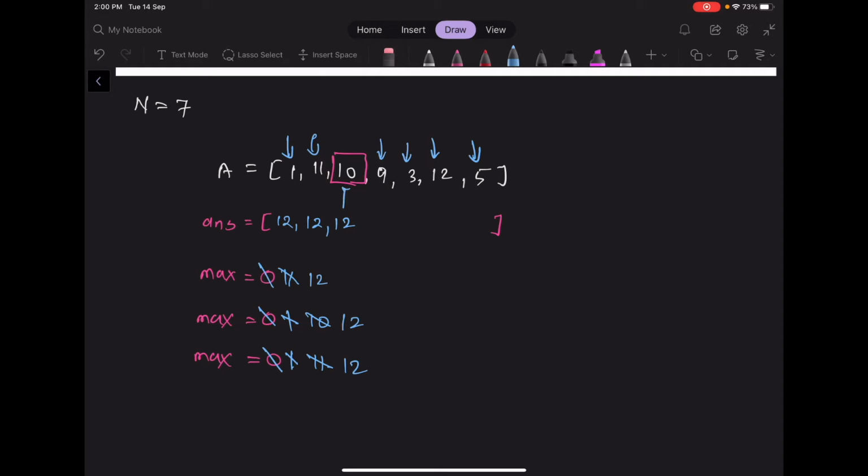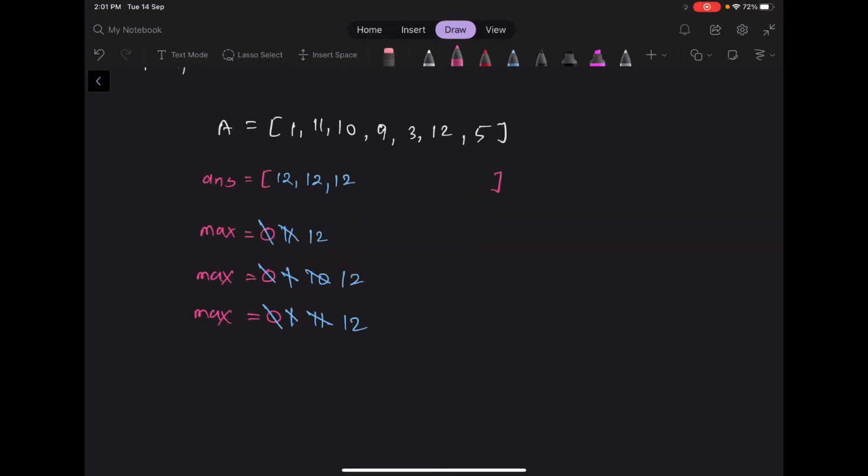So this 12 is the rival of this 10. In the fourth iteration we are going to fix this number, and we will calculate our answer similarly, and in the end we will get that our final number is going to be 12. So this 12 is going to be the best rival for this 9. And for the next iteration we are going to fix this 3, and if we calculate our answer similarly, it is going to be 12. So we will write 12 here again.